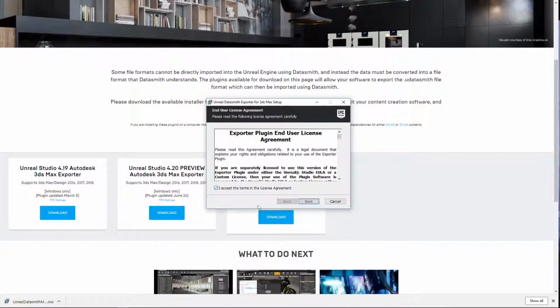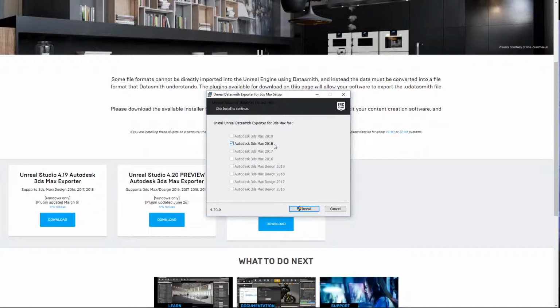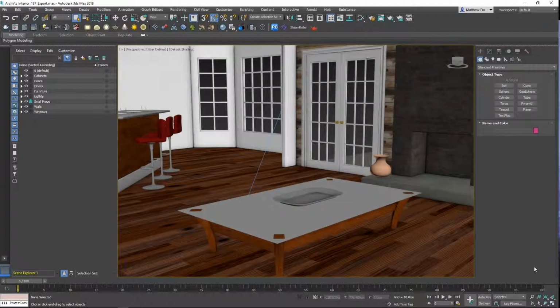We'll accept the license terms and hit next. Hit next again. I'm using 3ds Max 2018 and we'll hit install. Once it finishes installing and we launch 3ds Max, we'll find we now have the ability to export a DATASMITH